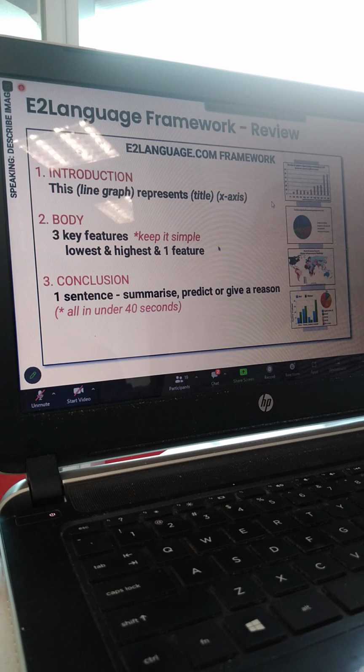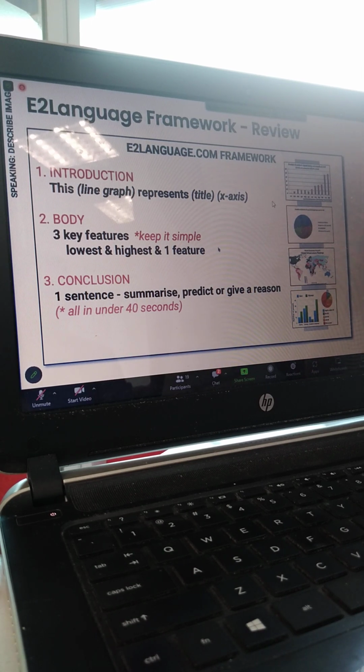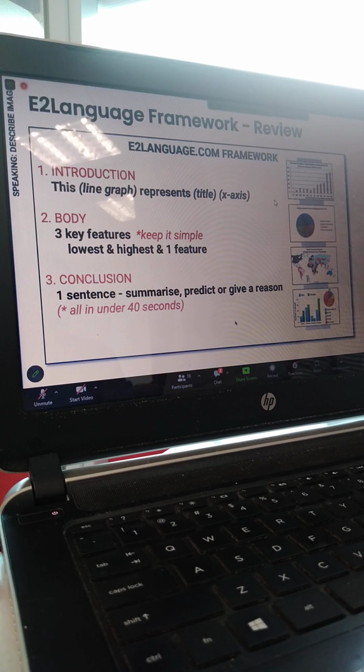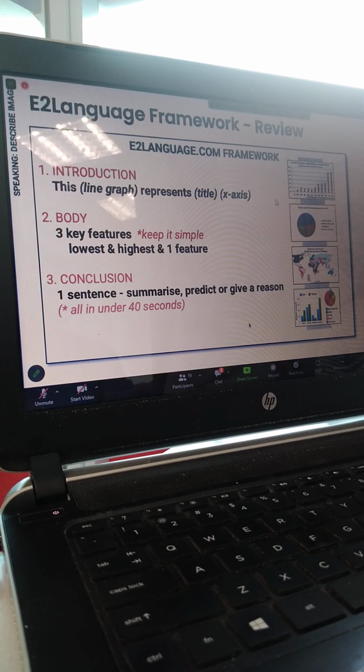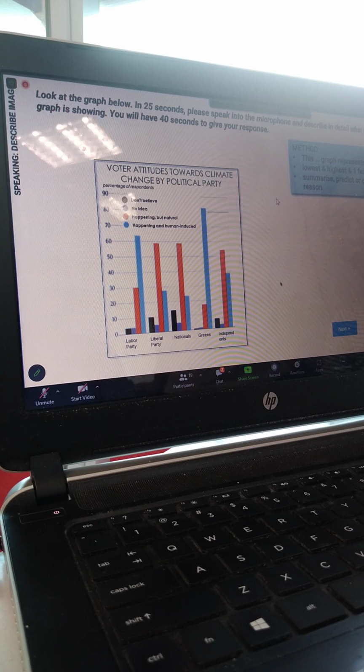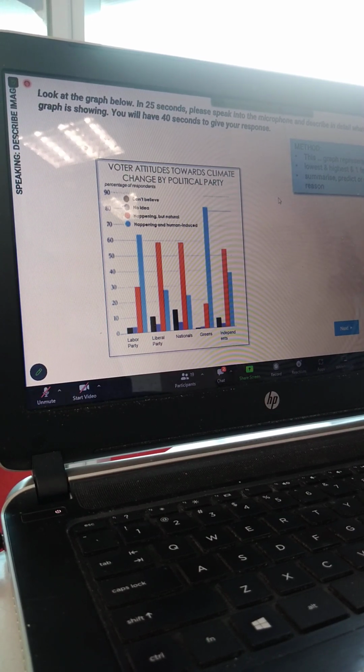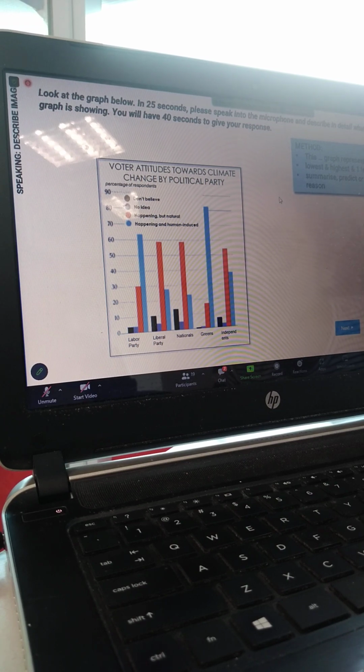What do I do? That's what you do. Context, actions, 3 key features, and conclusion. You have introduction, body, and conclusion. So you've got it memorized, and then you're applying that superstructure to the data in front of you. Okay, we're going to do this one. Are you ready? 25 seconds to prepare, and then one of you is going to present your answer back, and we're going to